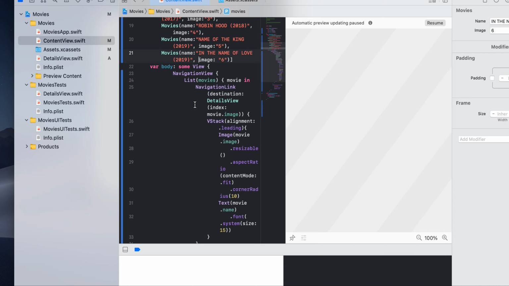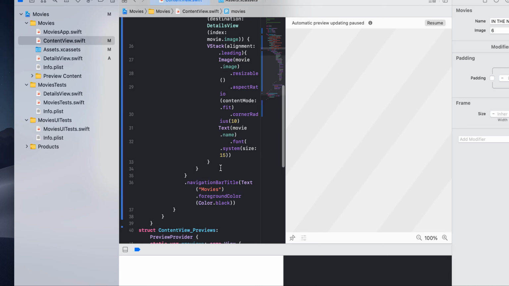Okay, fine. So now it's going to show the image, but the image will be of a fitting size. It will not fill the whole screen. It is going to be a fitting size, and below that it will have the name, because it's going to scroll through. Since it's a VStack, the VStack is going to arrange every movie one below the other, with the image and name. So the content mode should be aspect ratio, content mode fit. Okay, then corner radius is there, and then finally